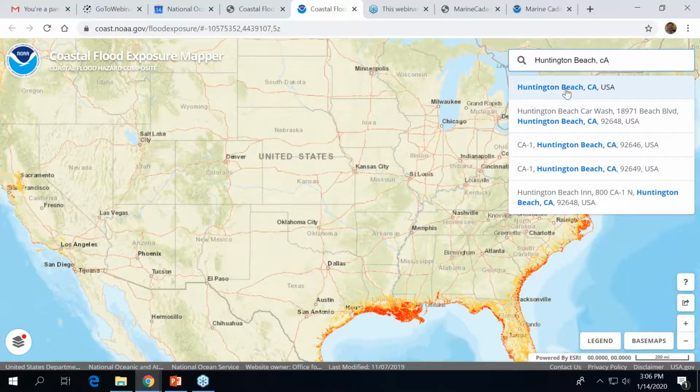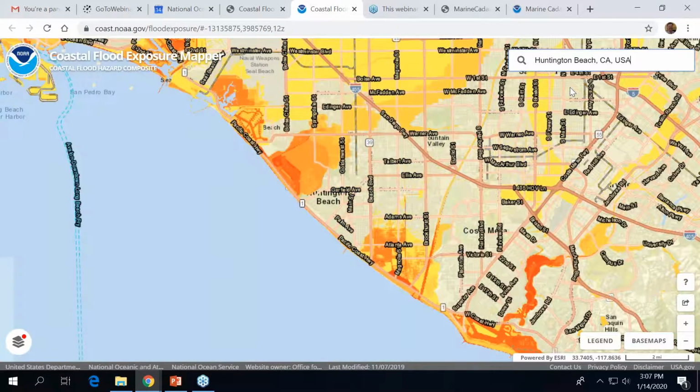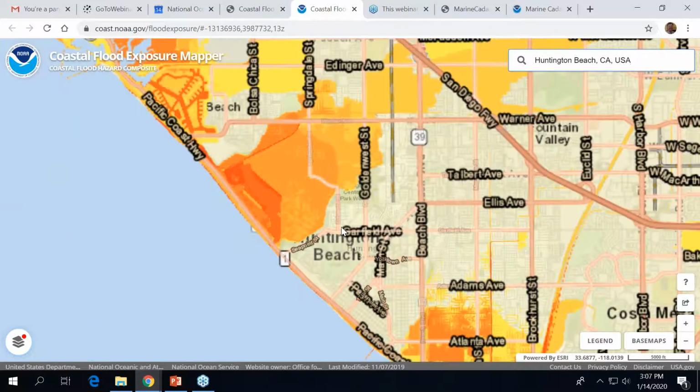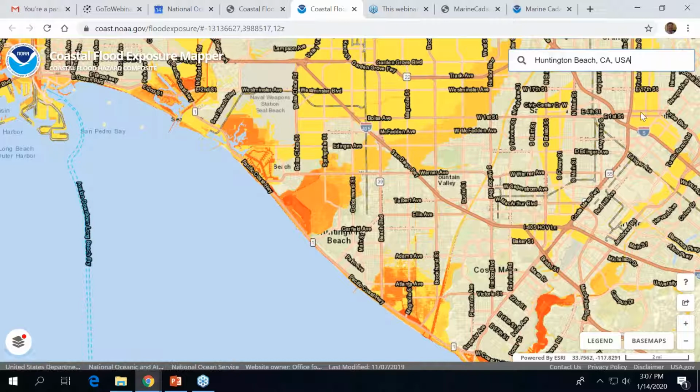So you can see it does autofill, and we'll click on our area of interest, our title of interest, and it zooms right in, and you can see that you can zoom in and out as you wish. From there, we'll go to the bottom right-hand corner and click on this question mark icon, and this takes us